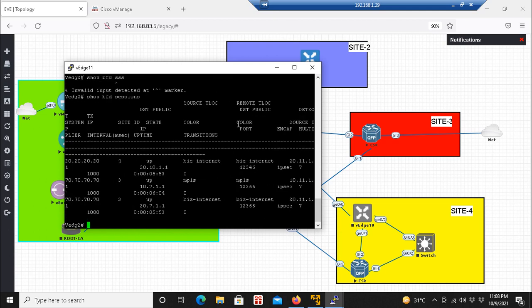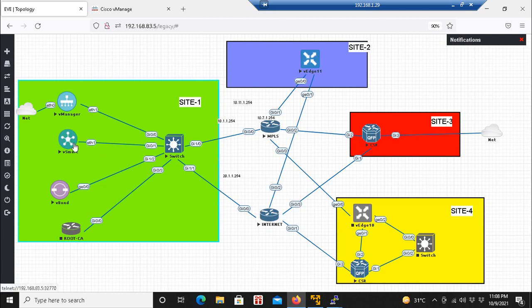Fine. Now what will happen if this vSmart goes down, because this vSmart is taking care of all the key exchanges and all the OMP route exchange? Let me just power this down.